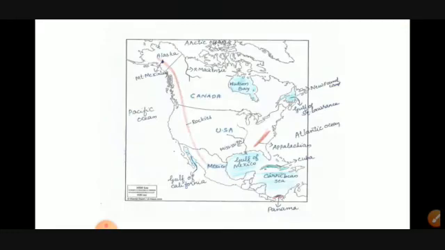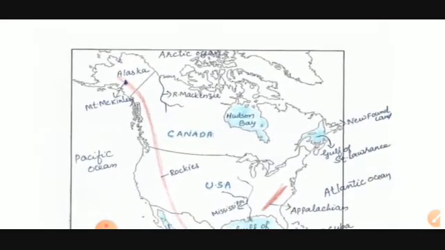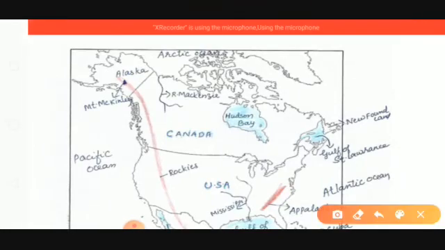So this is our map. You can use the same type of map, political map, and a political map will be given for you to mark in the exam also. So it is better to use the same type of map for marking the places. So let's start from the north. Okay, now let's see here Arctic Ocean.